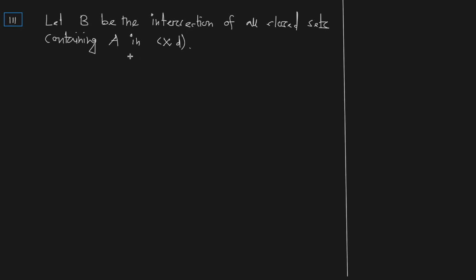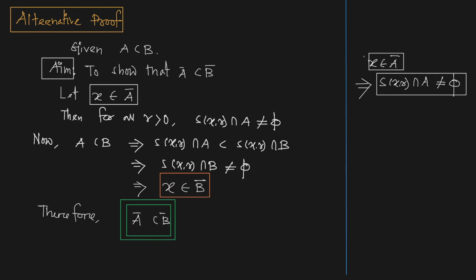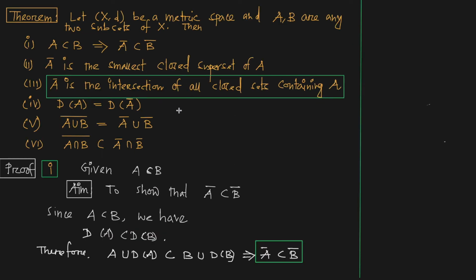Our target is to show that A bar is equal to B। দেখো আমি কি প্রমাণ করতে বলেছি, দেখো স্টেটমেন্টটা পড়ো, স্টেটমেন্টটা কি বলেছে, A bar is the intersection of all closed sets containing A, আমি ধরলাম B is the intersection of all closed sets containing A, তাহলে আমার টার্গেটটা কি হবে, A bar is equal to B প্রুফ করা।